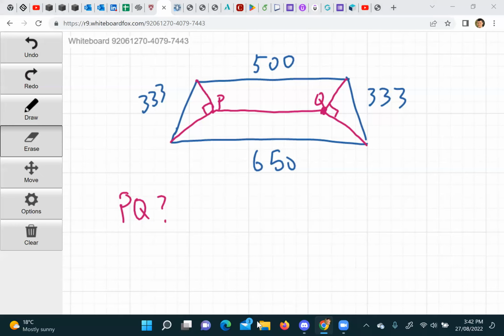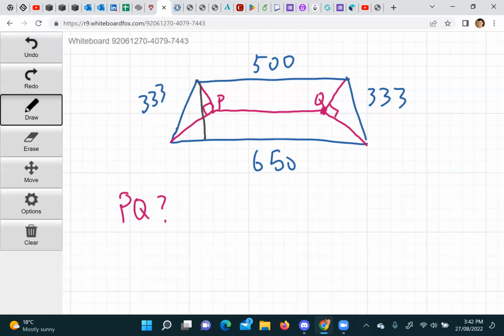Pythagoras. Yes. But I don't have a calculator. Oh, you don't need a calculator. Just try to delay the calculations as long as possible, okay? So if you want to find the height,